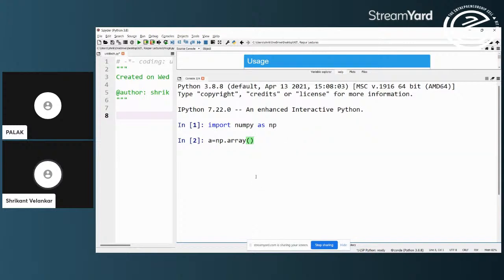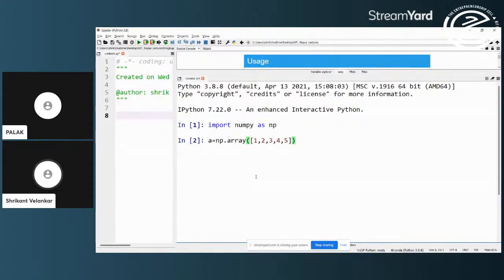This is my function, and I can pass a variable here. I can pass directly a list of 5 elements. Otherwise, a list or a tuple, or any other sequence you have created, you can pass it as an array here.